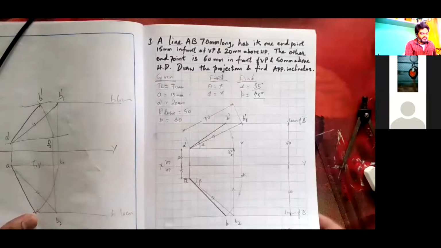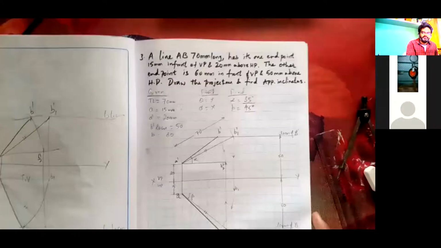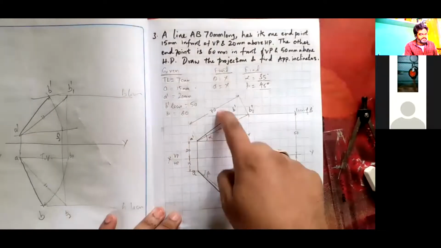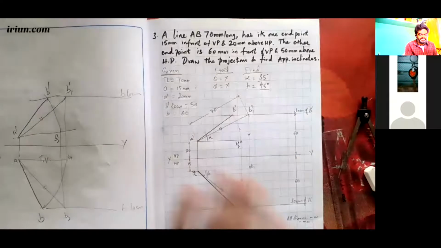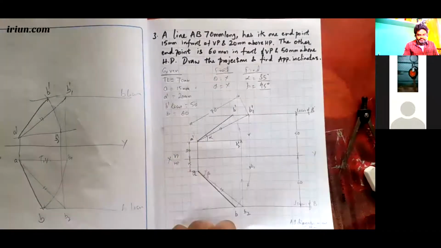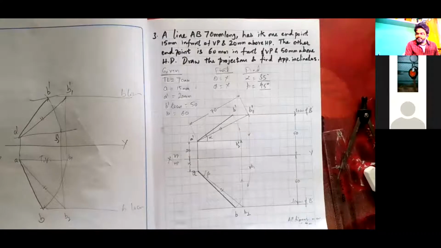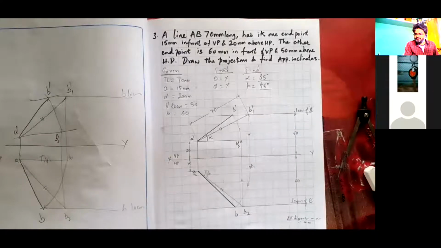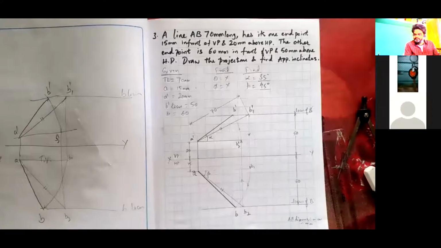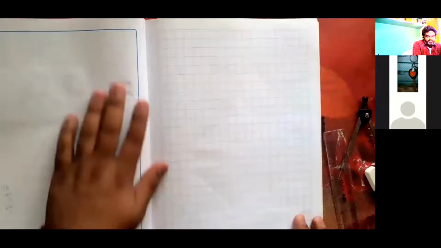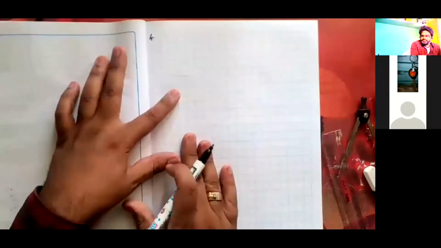See, that is what I told you. One problem, if you understand, all other problems are iterations. That's all. This will be missed, or this will be missed, or some angle will be missed, or some true length will be missed. So basically, basic conditions are same, and if you understand the basic condition, all other problems will be easy. So, right on the next problem, where true length will not be given, and distance between end projectors will be given, to find out the true length. So what you are supposed to do? So write on the next problem.